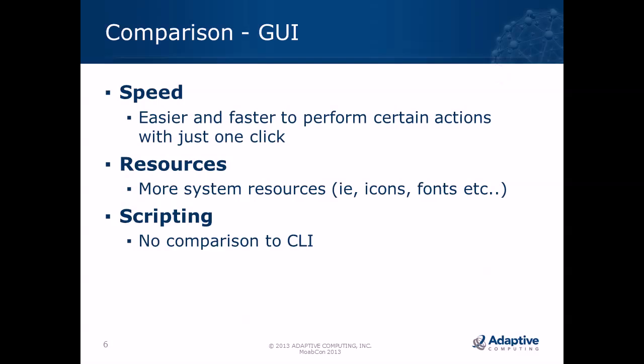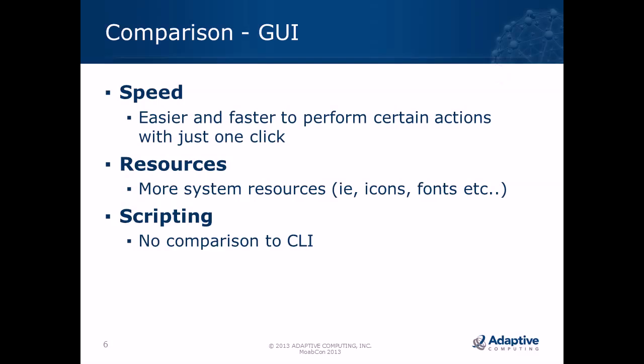Resource-wise, you need a lot more resources to actually get GUIs going. With a CLI, straight away you get the prompt over SSH, and off you go, you're running away. With a GUI, you need to make sure that all your icons are in place where you can deploy your application, the fonts you're using, and the right version that supports the right versions of browsers, and so on and so forth. And scripting,